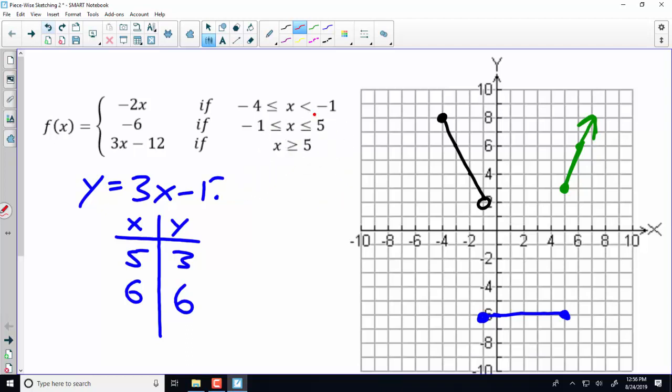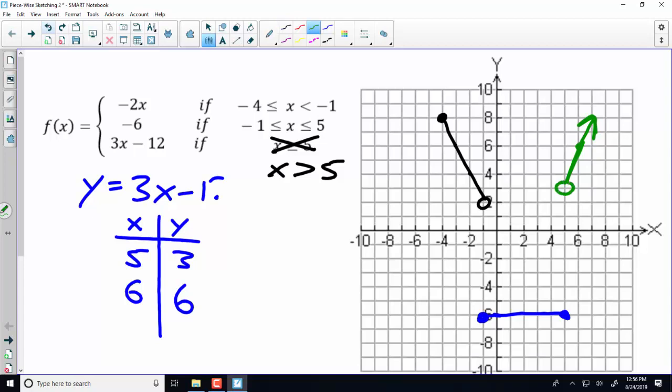Well, it looks like someone wrote a bad function. Someone put an equal to on both of those. Those can't both have equal to's. So I bet what happened here was someone who wrote this equation really meant for one of these not to have an equal to. So let's fix it. Instead of saying x is greater than or equal to 5, this should say x is greater than 5, because we can't have an equal to on the 5 for both equations. That means we'll go ahead and change that